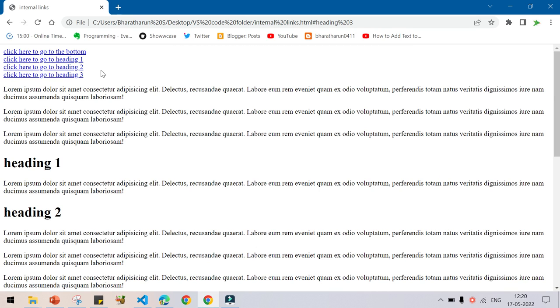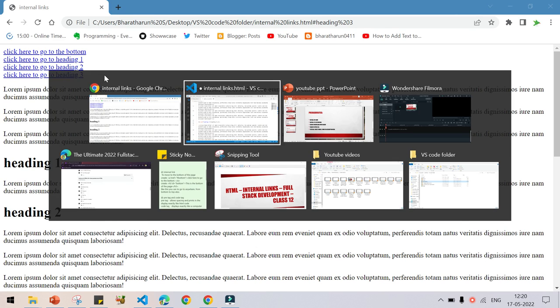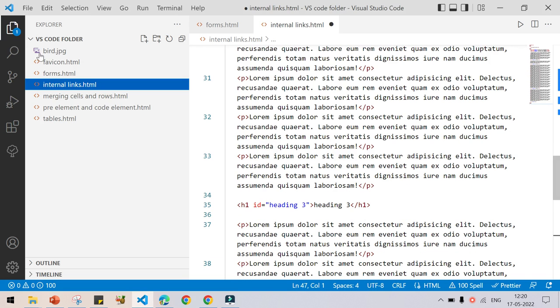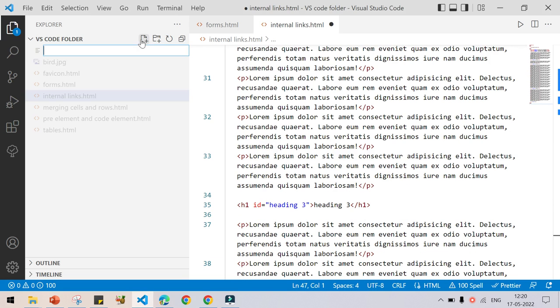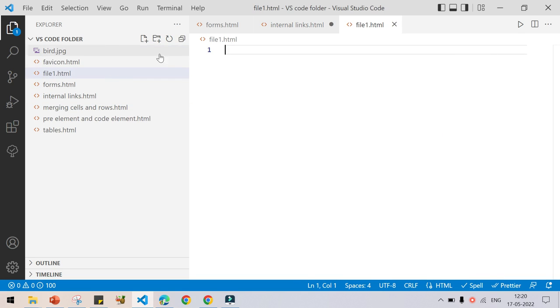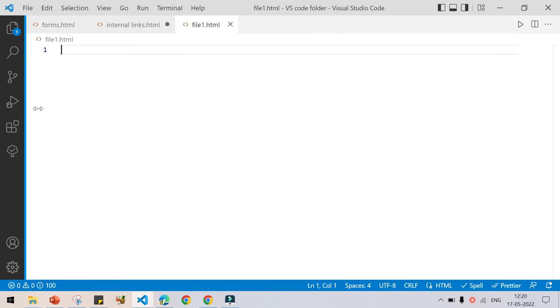Let us see how we can do this. Now go to the VS Code and create a new file. Type the file name as file1.html and press enter. And a new file will be opened here. The main thing which you have to know is the file name should end with .html, and another thing which is here you